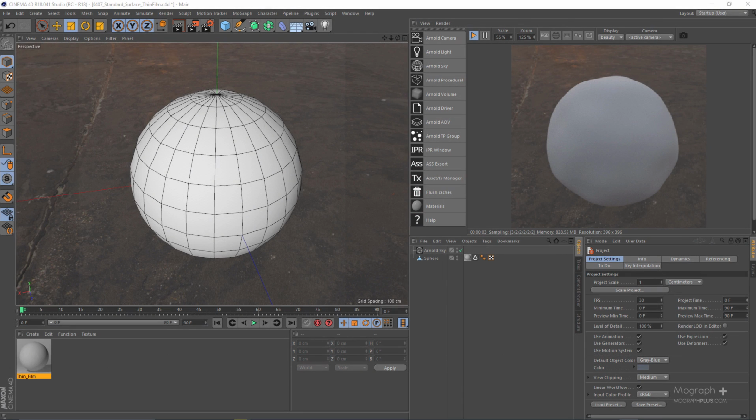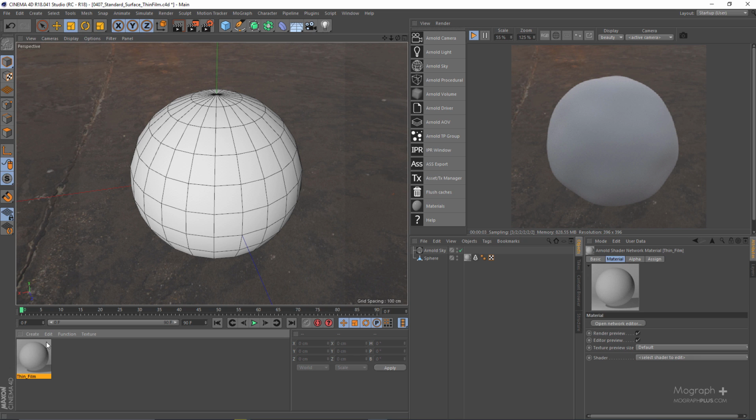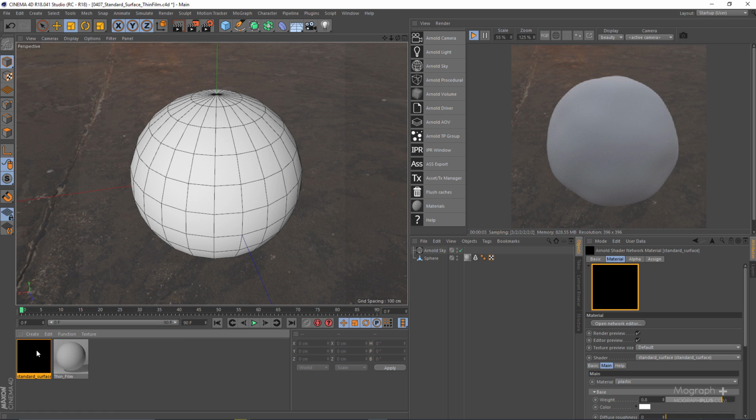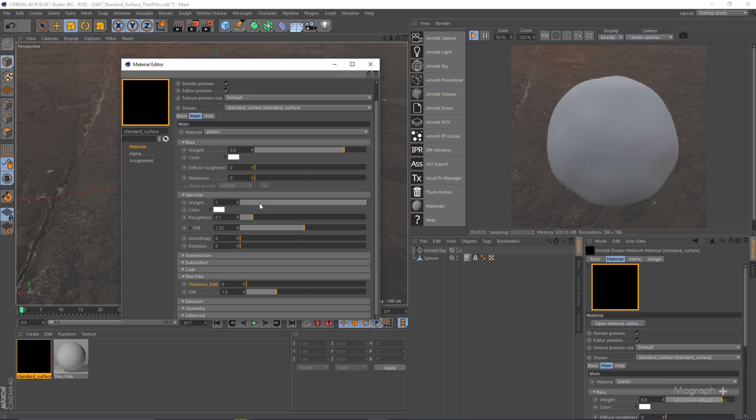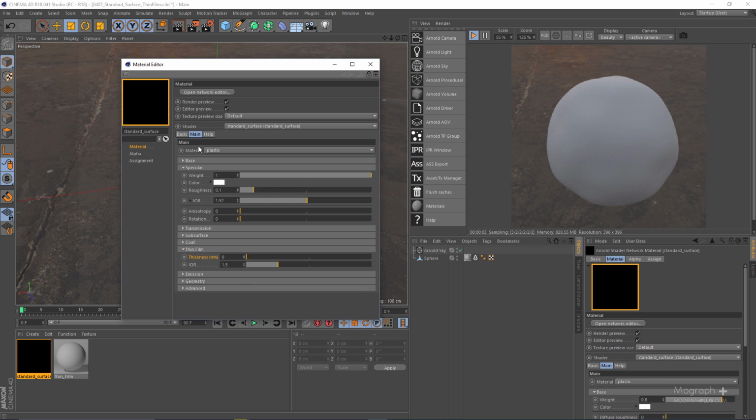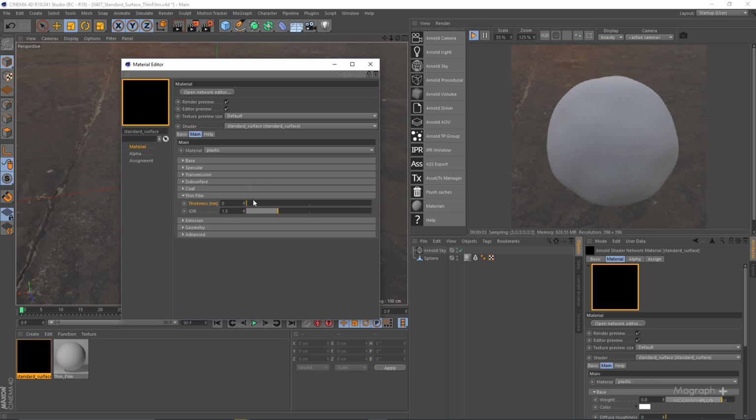In this lesson, we are going to take a look at the thin film section of the standard surface shader. Thin film reproduces the effect of thin film interference on a surface, and the most obvious example would be to create a soap bubble material using the thin film properties. This effect occurs on very thin transparent surfaces whose thickness is approximately that of the wavelength of visible light,